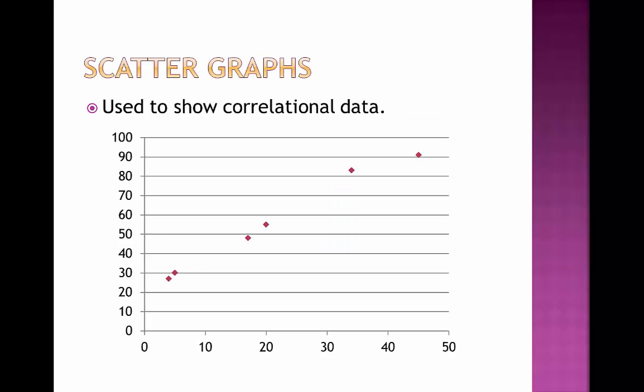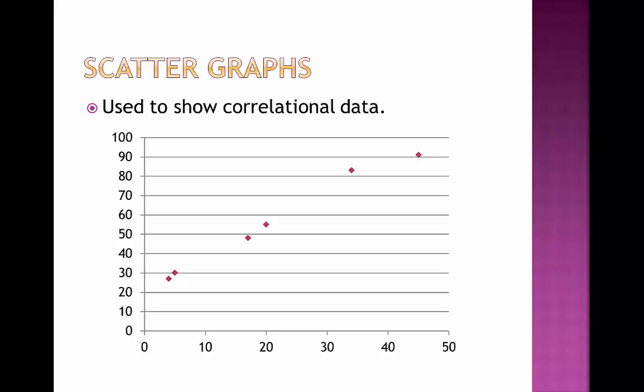Our last form of graph which we're going to have to know is a scatter graph, and this is used to show correlational data. So we can see that we have just plotted on the results where they apply, and then we can probably draw something we call a line of best fit, which is a line that runs across all the points, which then shows whether the correlation is positive, which means it is going upwards from the left, stretching up to the right, as you can see from the graph on screen now,